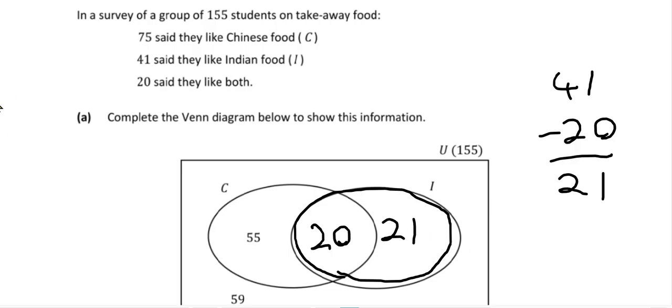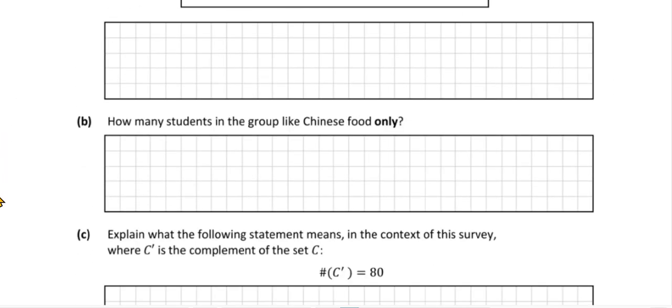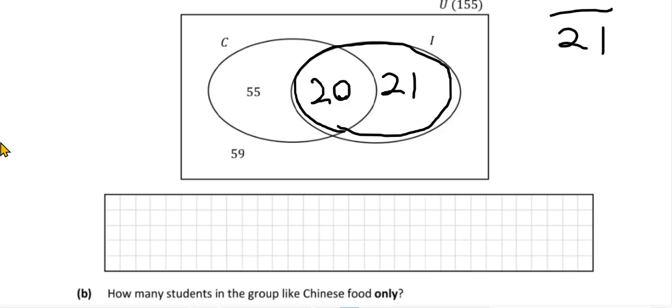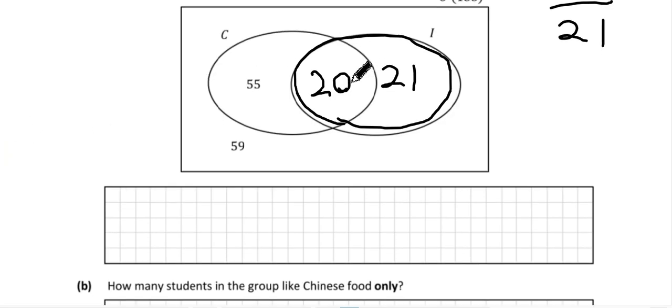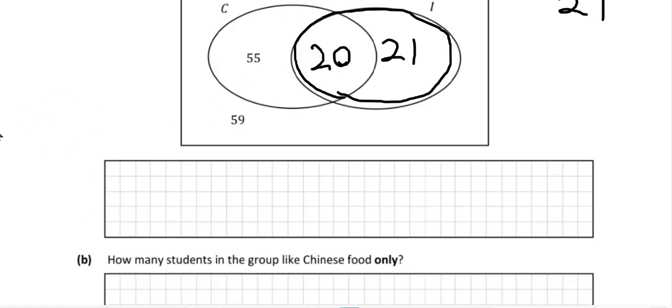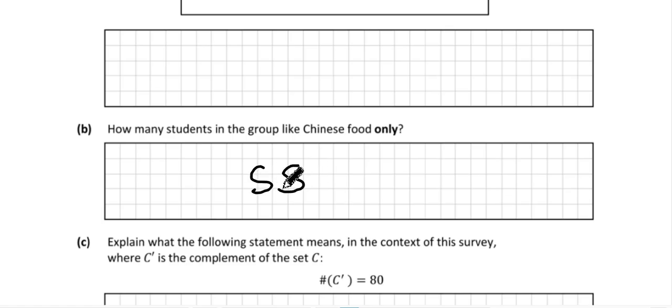Okay. Now, how many people like Chinese food only? In the sea without being in the eye? Yeah. Okay. So, 55, yeah? Now,